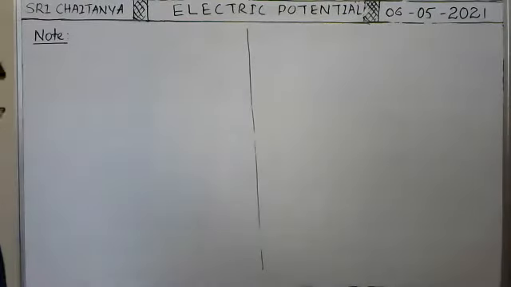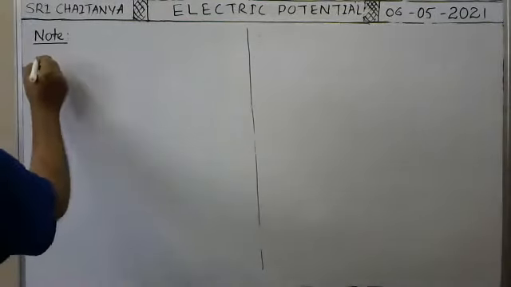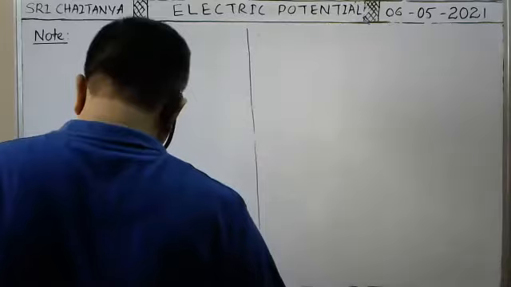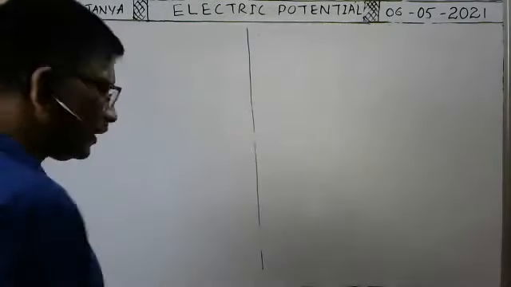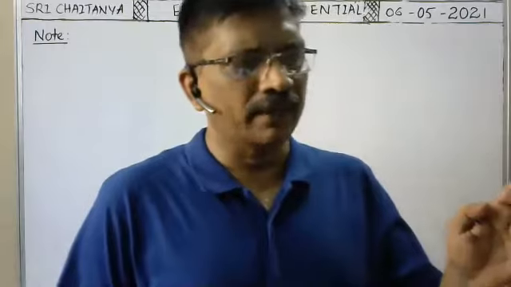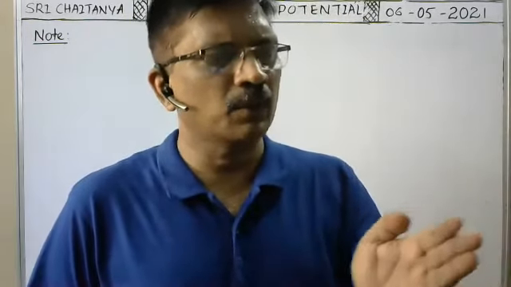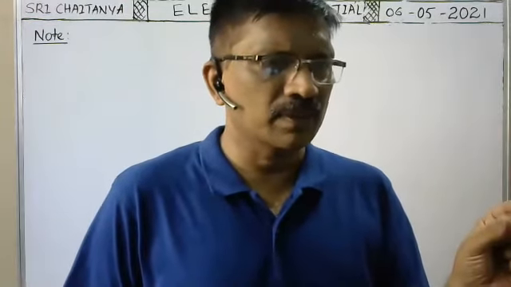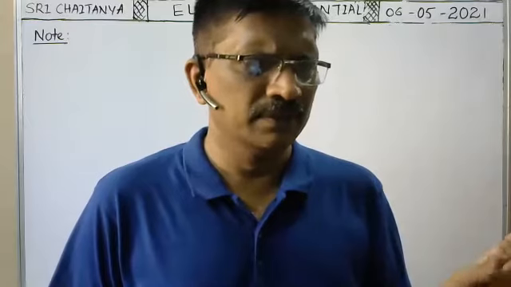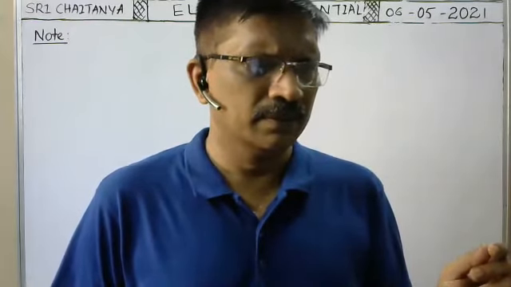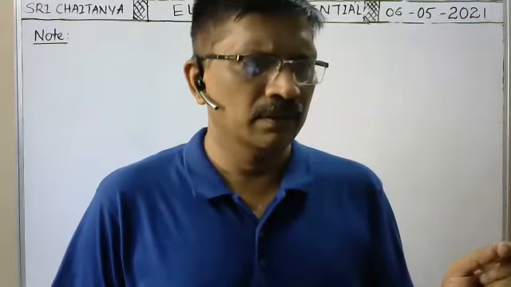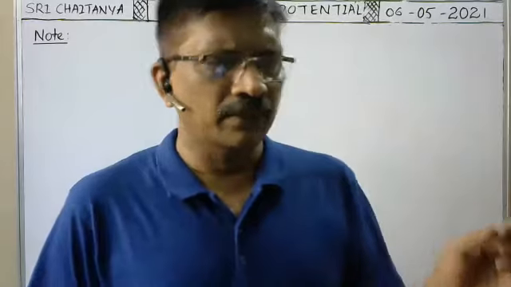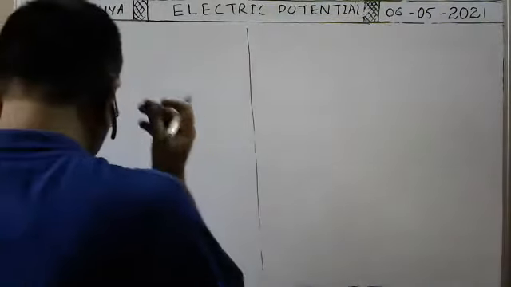Okay, next. When infinite numbers of the same charges are kept at x = 1 centimeter, 2 centimeter, 4 centimeter, like that, what is the electric potential at the origin? I think this note point was completed, no? Pranit, was this note point completed or not? Okay, right. Next, electrostatic